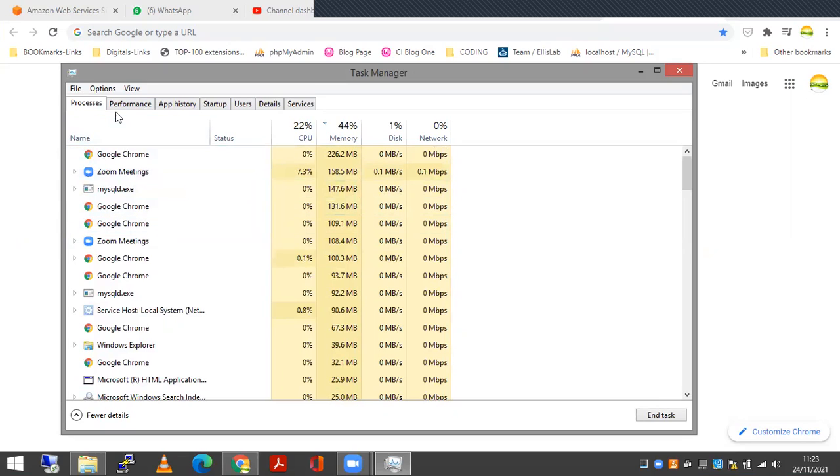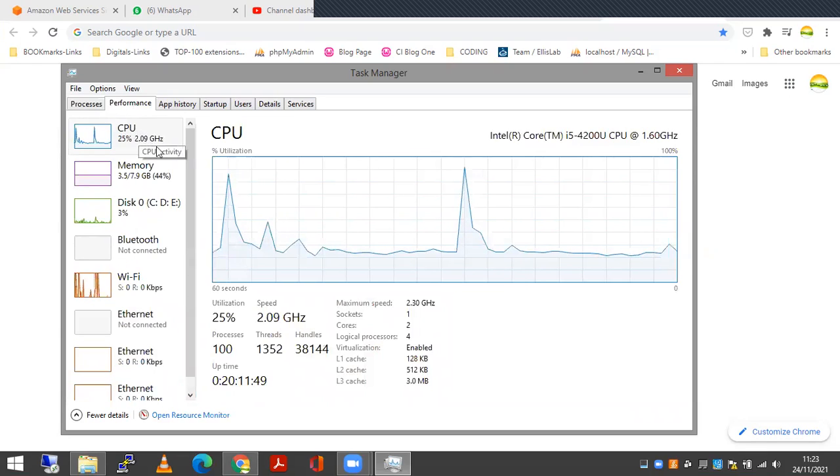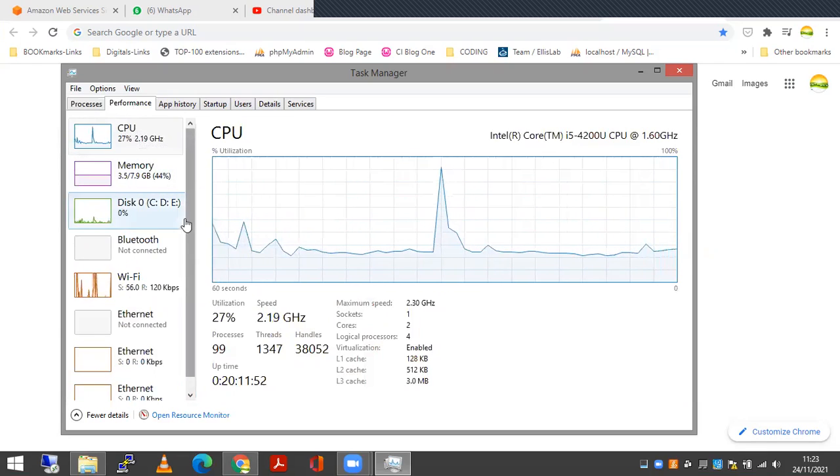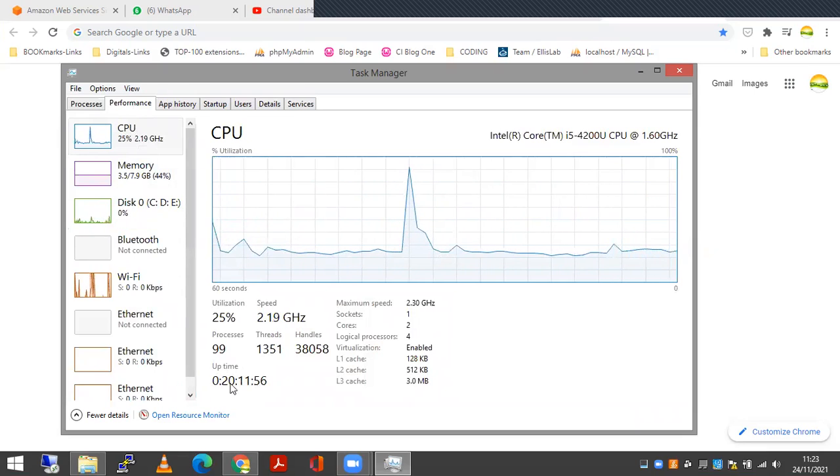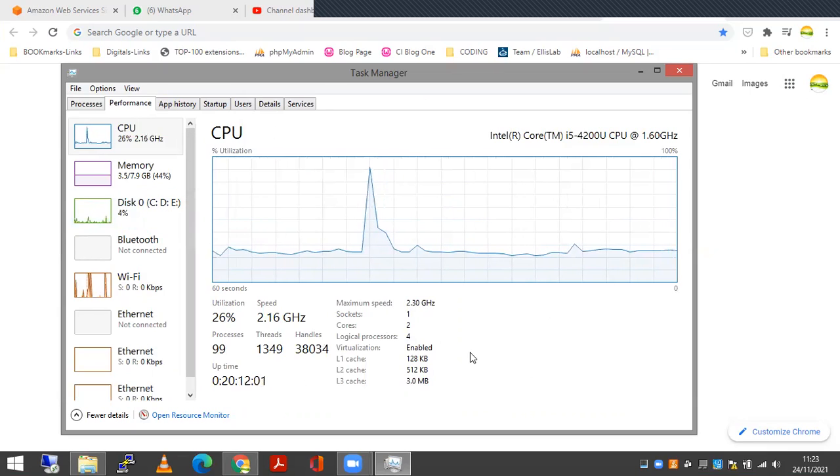From Task Manager, you can see multiple tabs. From this Performance tab, you can see the performance related resources, CPU usage, and uptime as well. This Task Manager is the same on desktop or on any server.